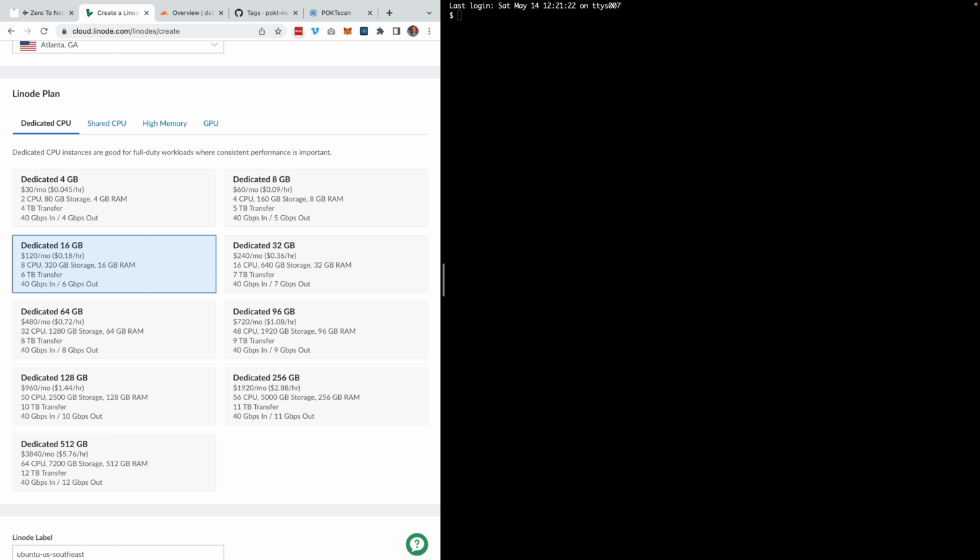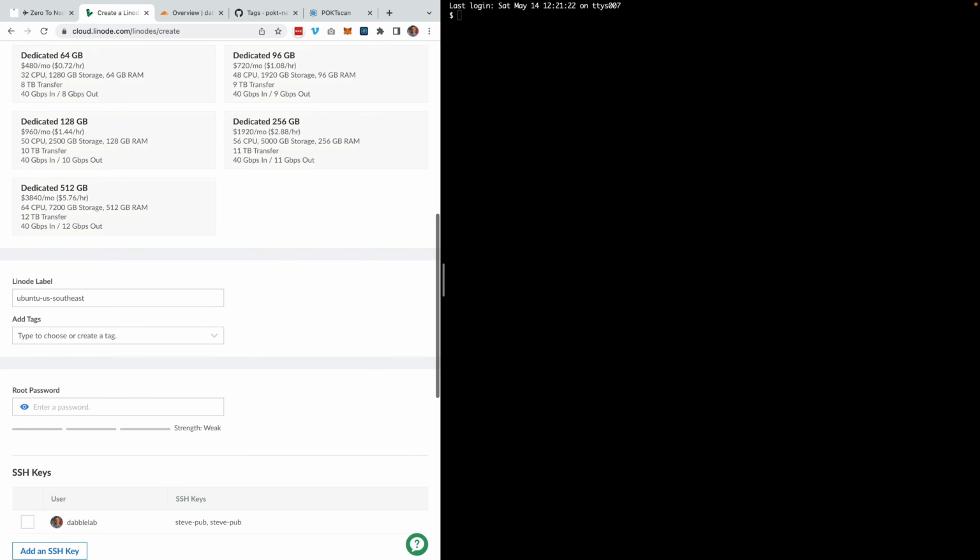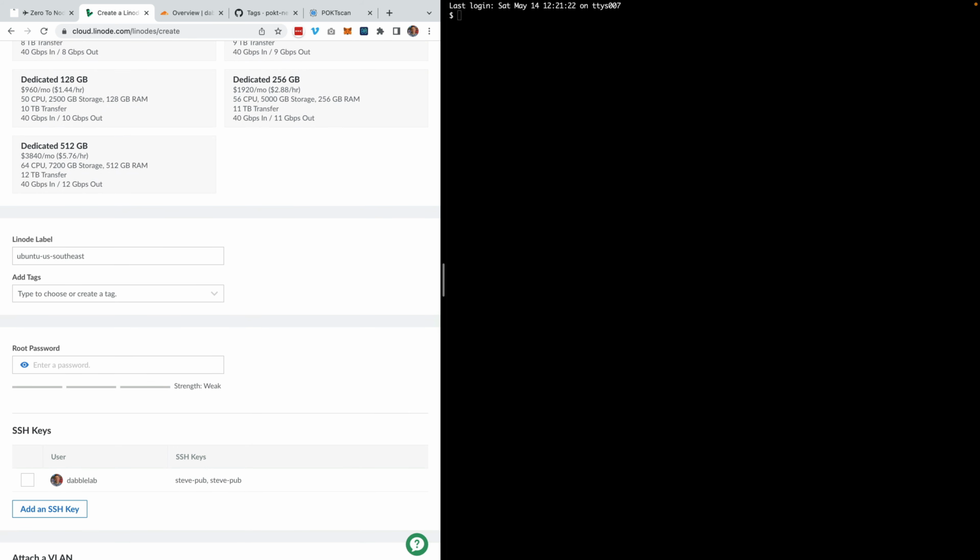But the blockchain grows pretty quickly. I think at the time of recording, it's over 200 gigs. And so you do want to consider that and find out what the current blockchain size is, the Pocket blockchain size is when you're doing this. If you do this later, you might very likely need more storage than I'm using right here. All right, continuing on,